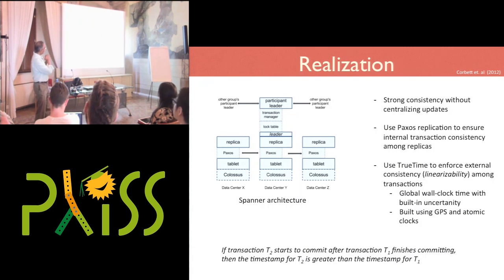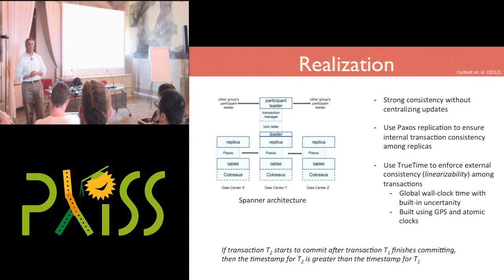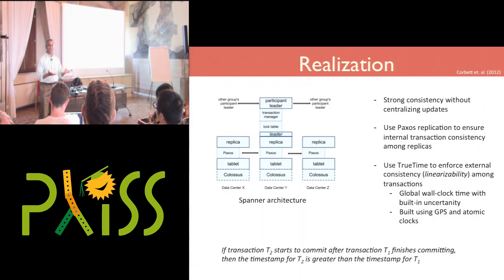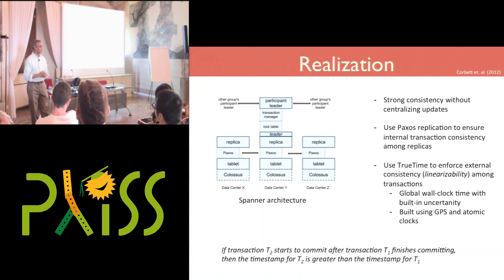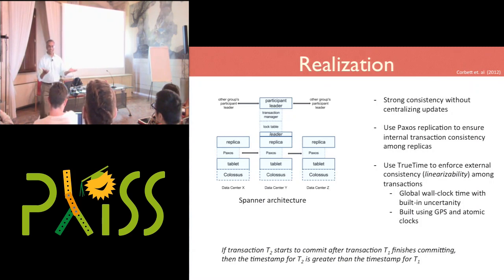But even having done this, it's a notable fact that nobody else has replicated this particular architecture, right? So Google uses it, but nobody else can, because the underlying infrastructure that's necessary to build this kind of system is really, really complicated. And that's one thing. The other thing is, maybe it's overkill, right? For lots and lots of things, maybe I don't really care. Maybe it's okay if these transactions get inverted because at the end of the day, it doesn't matter, right?